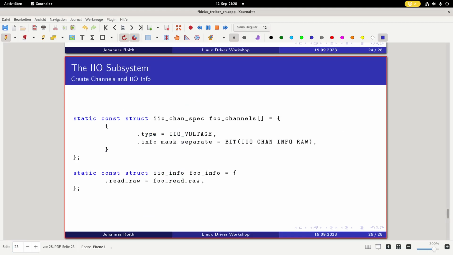So here we are declaring an array of iio_chan_spec, and the type is IIO_VOLTAGE because we have an ADC, and info_mask_separate, so our channel only supports the IIO_CHAN_INFO_RAW, and other operations are not supported, but if they would, we could do an OR here and specify the operations. Okay, then here the info is,